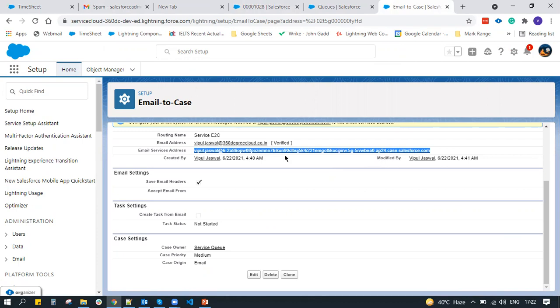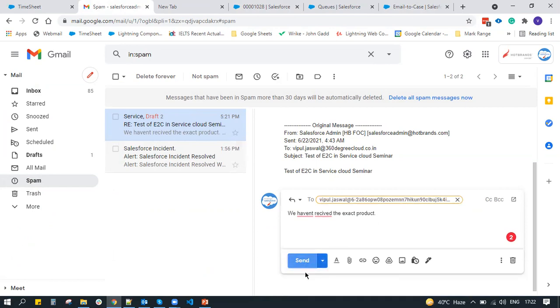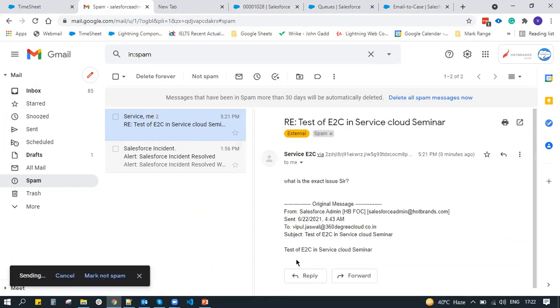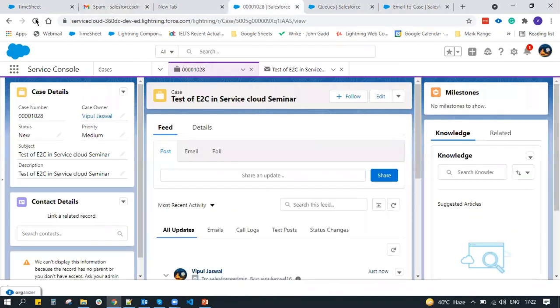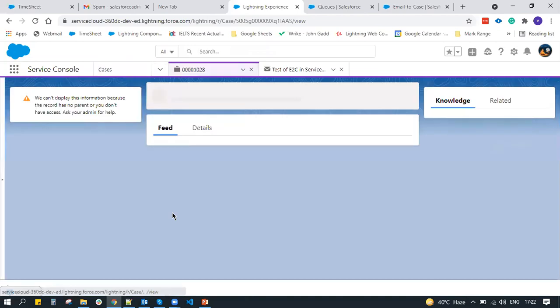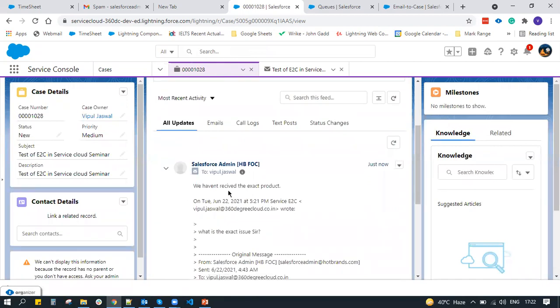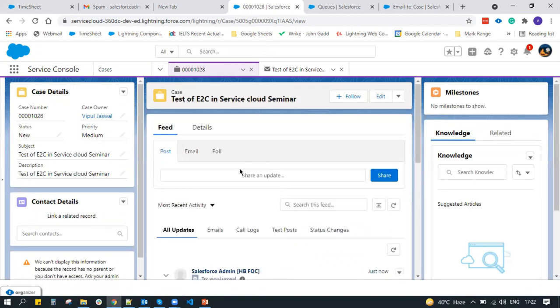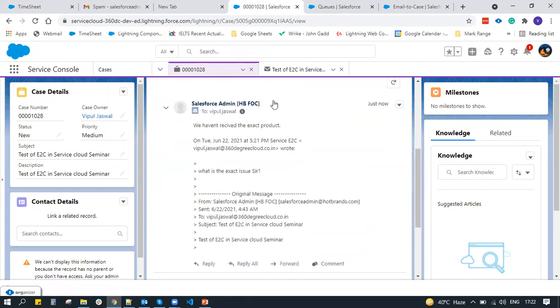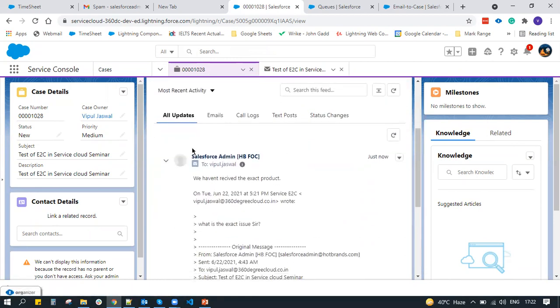As soon as you copy this long address, you paste it here, click on send, and go back to Salesforce. We haven't received the exact product. So this has automatically created a thread, right? We didn't add anything. It has not created any new record of the case. It has automatically added the thread.